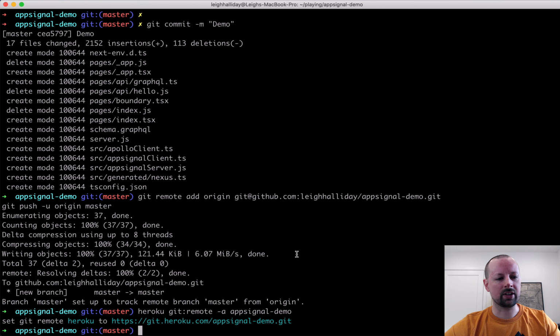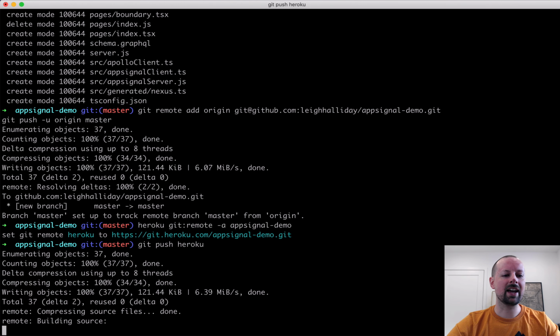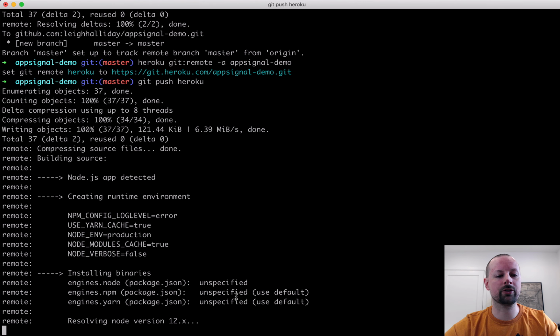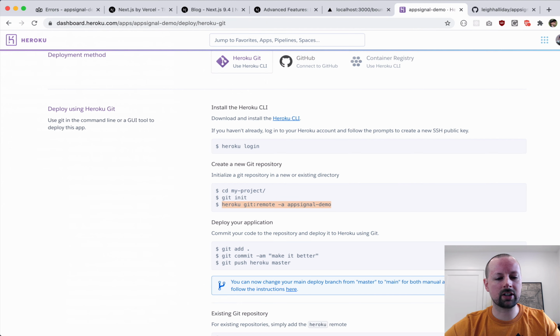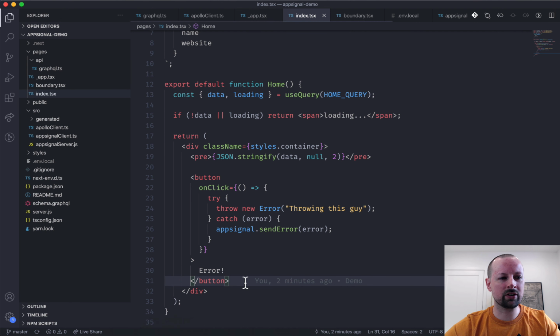So pasting this in, it now has Heroku set up as an external Git repository we could push to. So we could say git push heroku, and that would deploy our code up for the first time to Heroku. While this is building, we're actually going to come back and we need to make one tweak